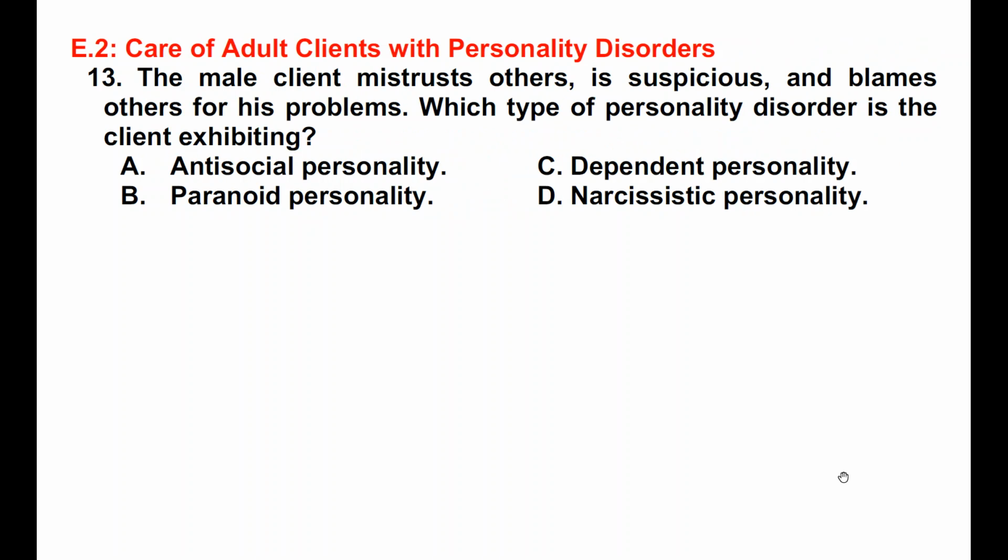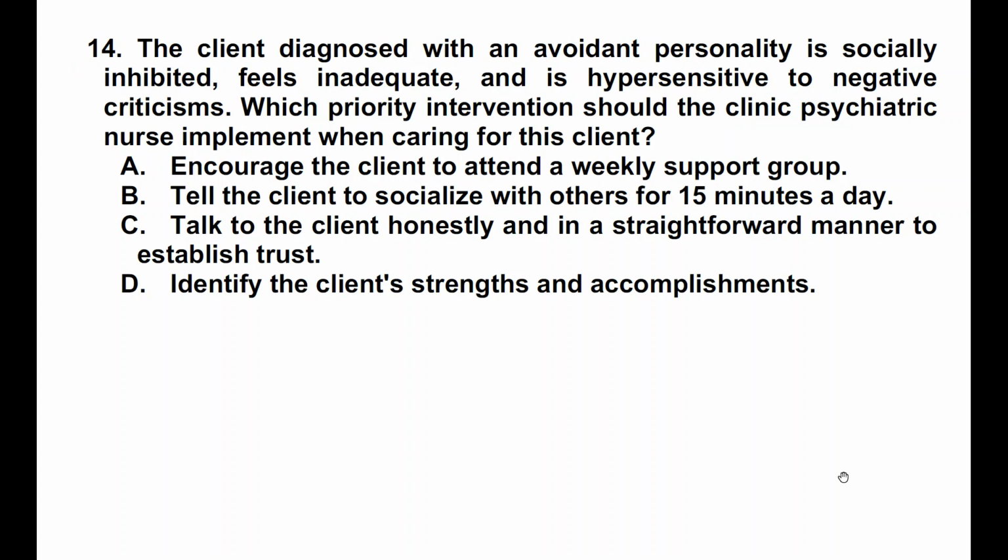So that is all about letter B, paranoid personality, because that could possibly be characterized by pervasive, long-standing suspiciousness and being mistrustful of others. And also there's fearfulness. Antisocial, there's failure of remorse. Dependent, cannot make decisions. Narcissistic, there is self-recognition. 13, answer bravo. 14. The client diagnosed with avoidant personality disorder is socially inhibited, feels inadequate, and is hypersensitive to